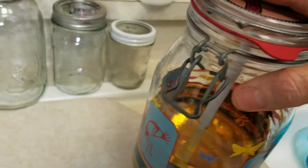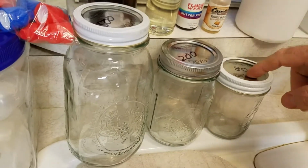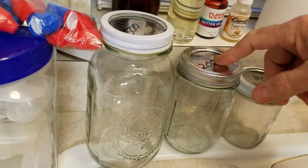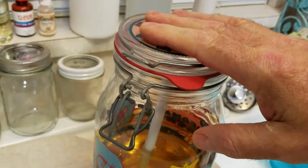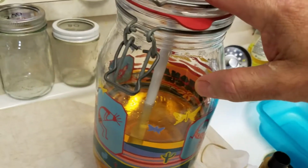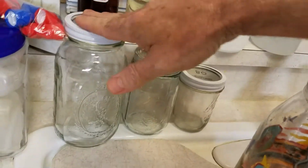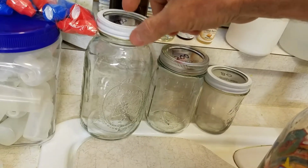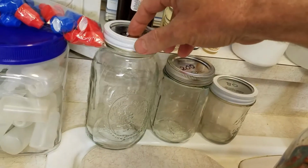Speaking of mixing jars, for the smaller batches I use canning jars. These work extremely well. You can mix up to 80 milliliters, 200 milliliters, 500. This one here will handle about 1,500 milliliters. That's as large as I go. Those work extremely well with the little center lids too, because you don't even need a rubber band to hold